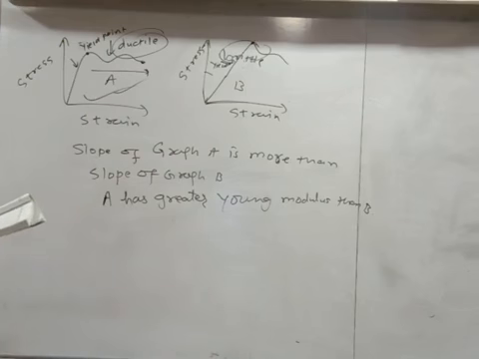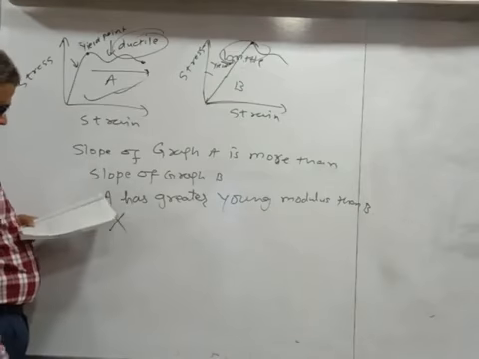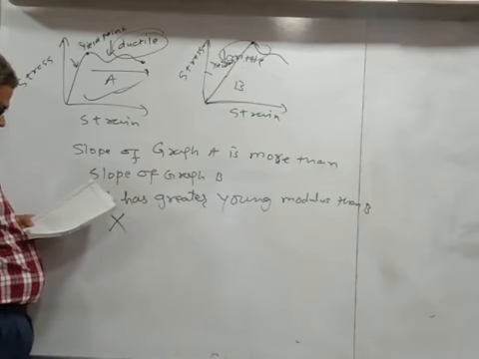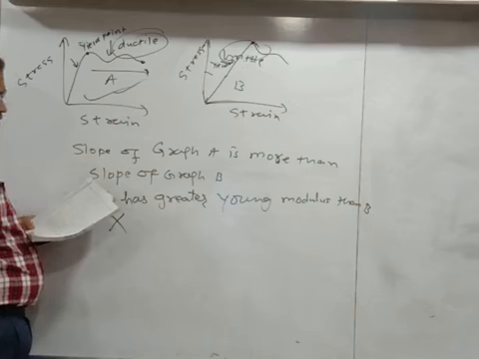Okay. Now question number 9.4. Read the following two statements carefully and state with reasons if each is true or false. The Young modulus of rubber is greater than that of steel. But it is a totally incorrect statement. 9.4. The stretching of a coil is determined by its shear modulus. Let us see that Young modulus of rubber is greater than.